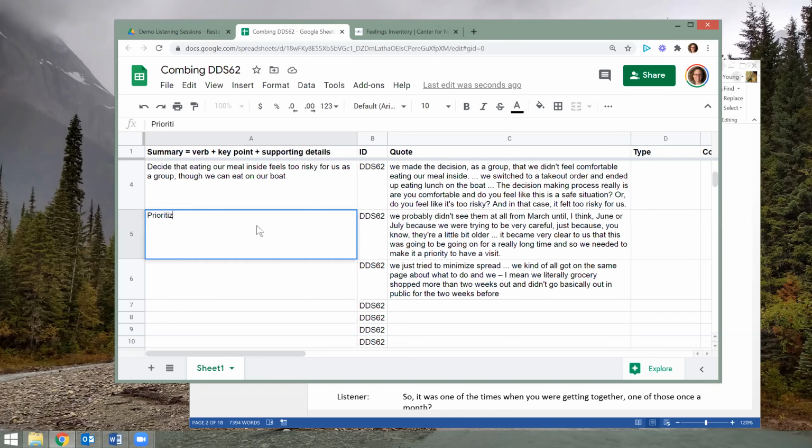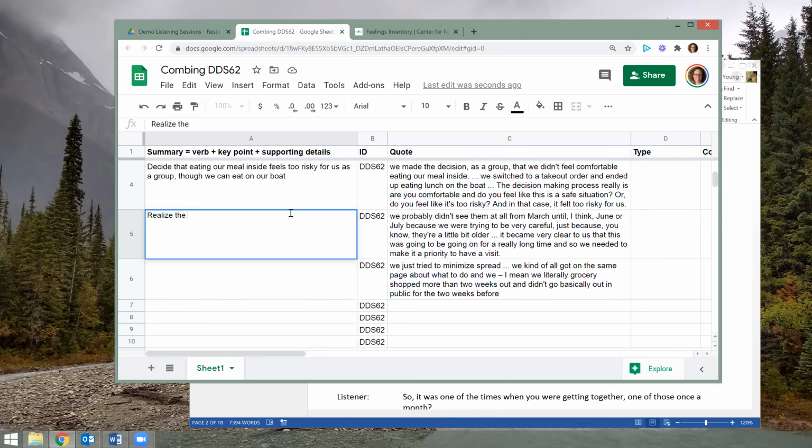Prioritize might be one verb. Looking at some of the words here in this quote. Of course, decide. Make, maybe you could do the whole make it a priority, but I'm not sure it's necessary to do 3 words instead of 1. Okay, so out of these, what do we want to prioritize? Yeah, I don't think prioritize is big. I think it's just decide. Oh, even realize. Clear to us, right? So realize